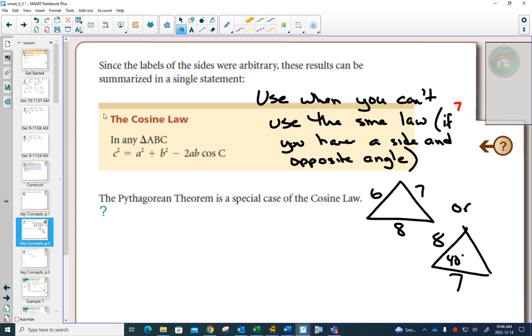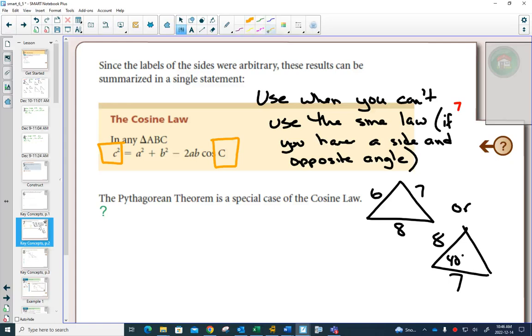The only thing that's really important in the cosine law is that you recognize that whatever side you have here goes with this angle that you have here. And what I would like you to also do in your textbook is write right beside this, because it's on your formula sheet,